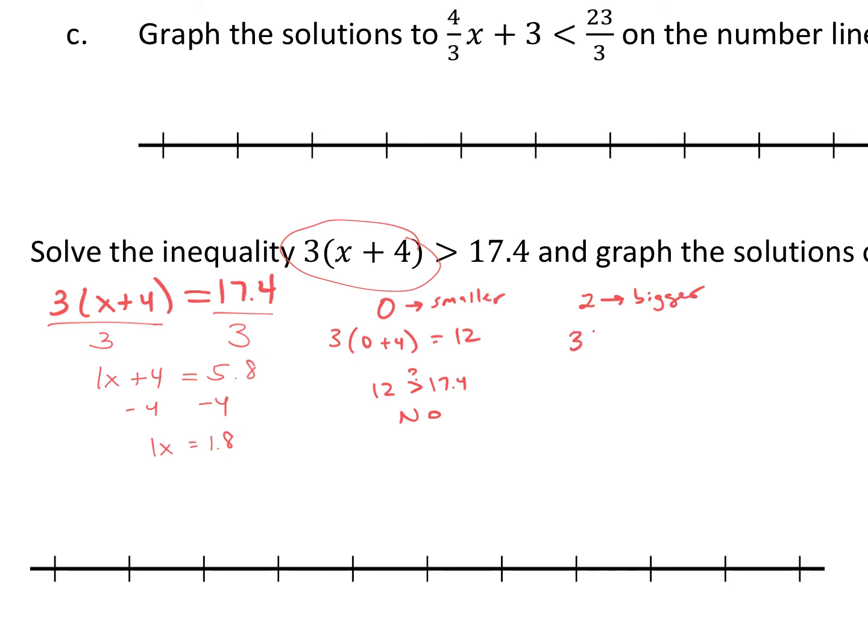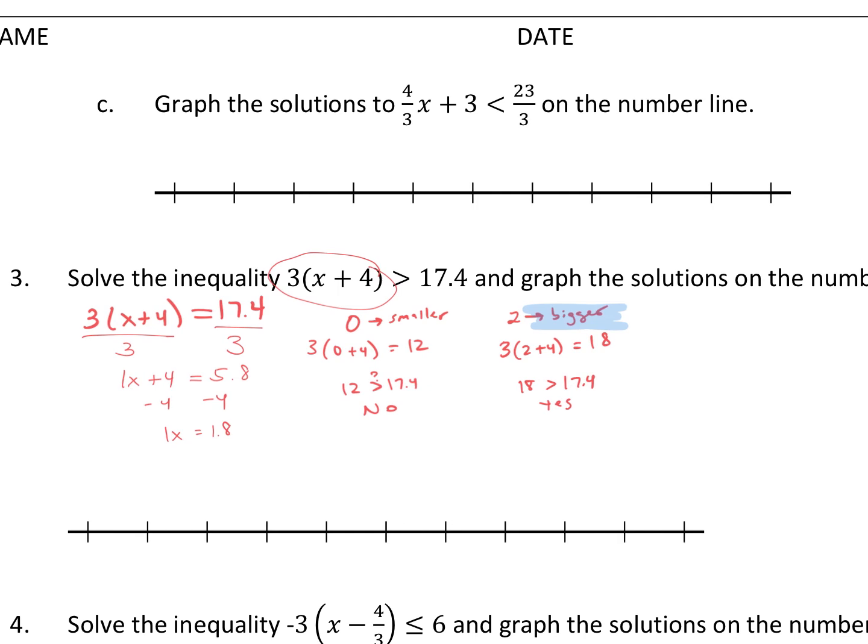So plug in 2. 2 plus 4 is 6. 6 times 3 is 18. Is 18 greater than 17.4? And in this case, yes, it is. So I know my winner is the bigger number. So my solutions are going to be